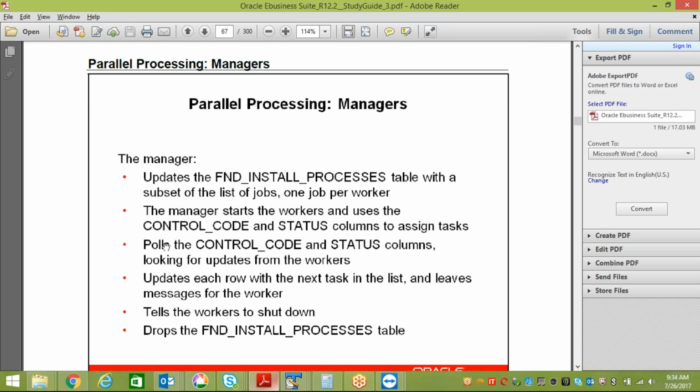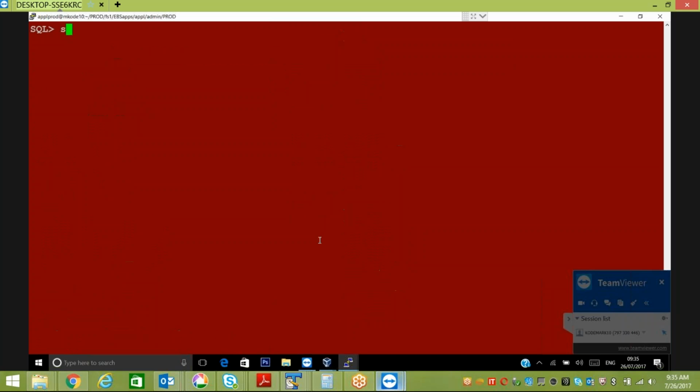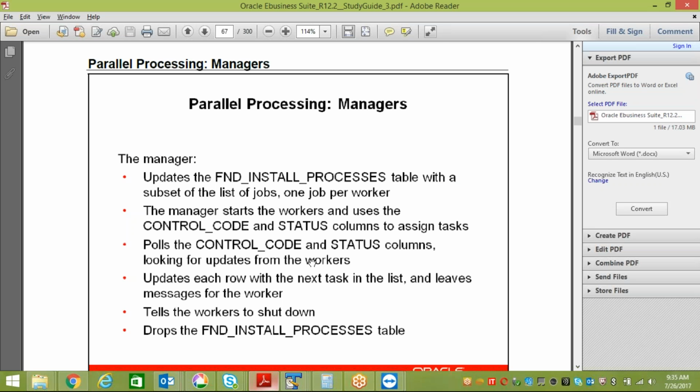So, parallel execution. As I said, there is a table called FND_INSTALL_PROCESS, and there is one more table, AD_DEFERRED_JOB. If I go to the database and run select table_name from tab where the name is like FND_INSTALL_PROCESS, you won't see the table. But when you execute any of the AD utilities,